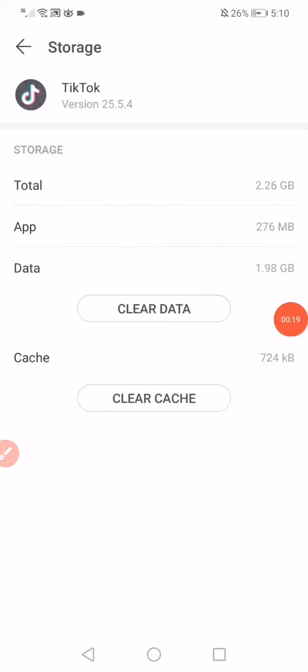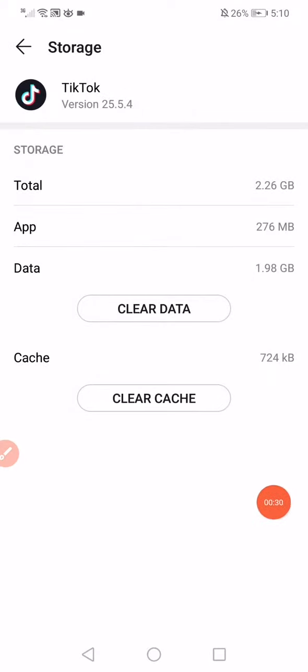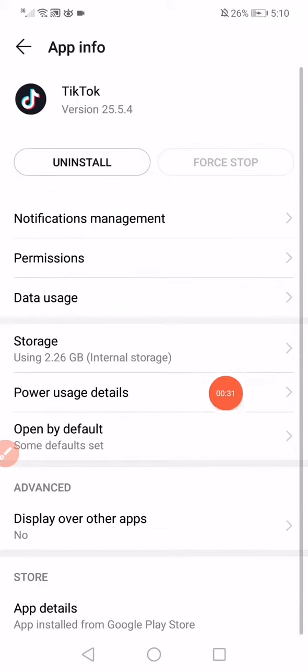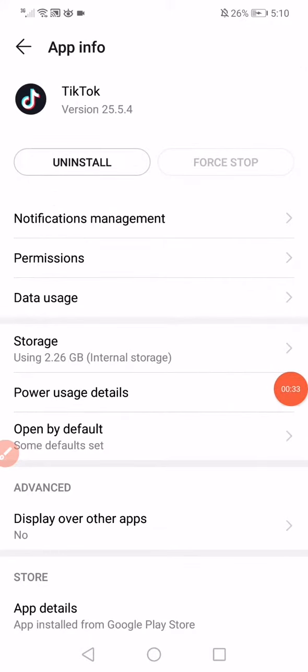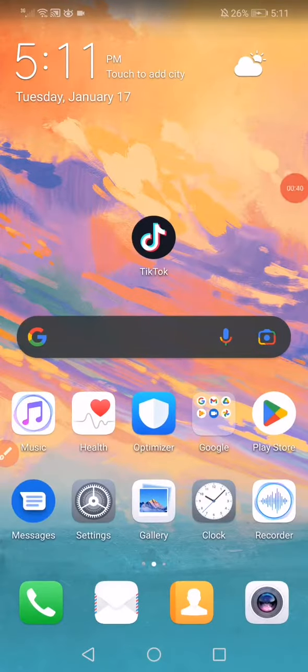right here. As you can see on this page, all you want to do here is click on clear data and click on delete. After that, click on clear cache and go back, click on the power usage details and then make sure that the power consumption alert is enabled. Now all you want to do is reopen TikTok and re-sign up or log in, and the problem must be